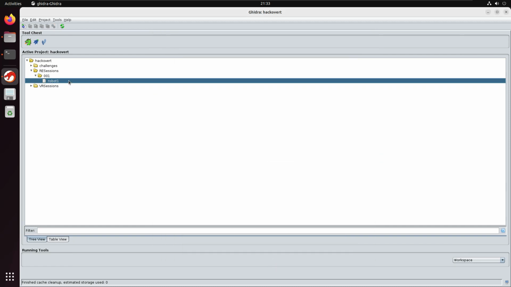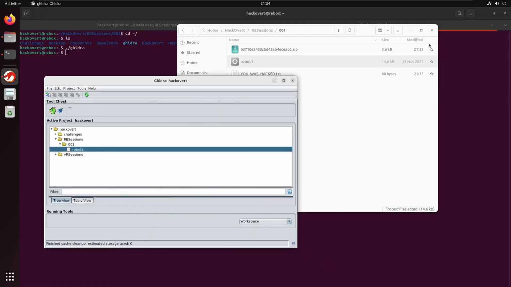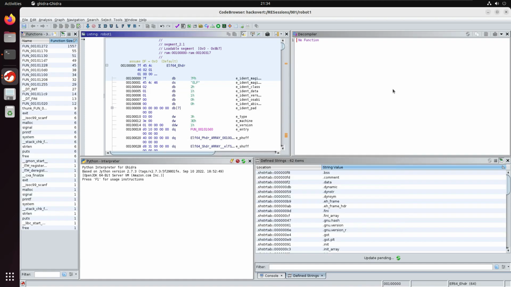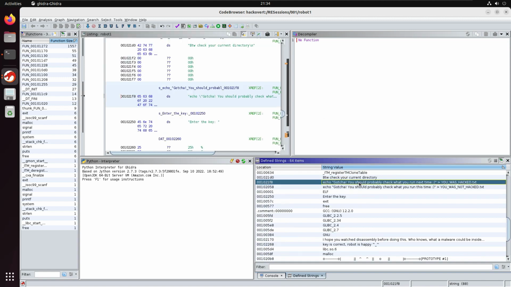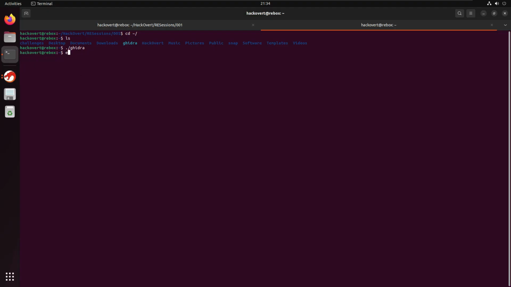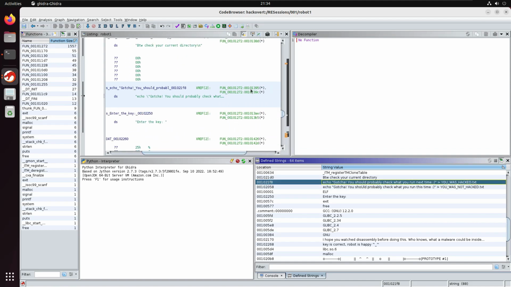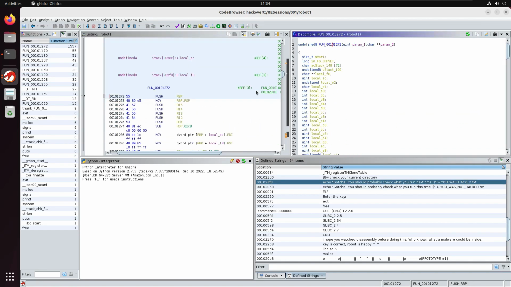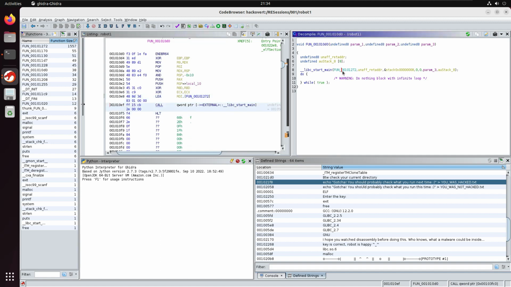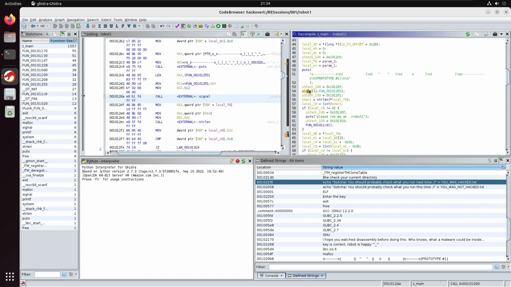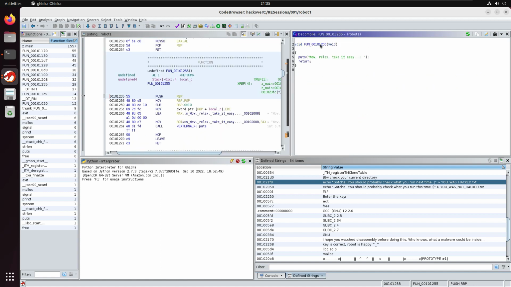So we're going to load this into Ghidra. Ghidra is going to be our interactive disassembler and decompiler. It's going to help us analyze this code and get a sense of what's going on here. When I ran the application the first time, it told me I shouldn't run applications that I don't know what they're doing, and it created a file on my desktop, or in the same folder, called "U was hacked" or something like that. So I'm going to go in here and take a look at how that happened, what happened,